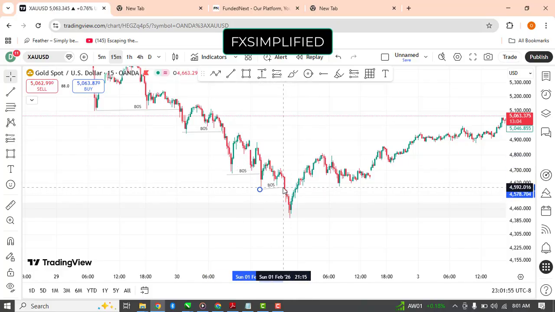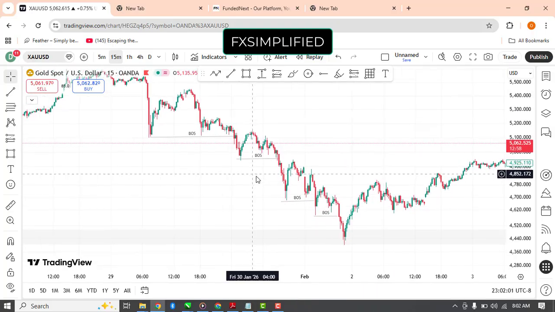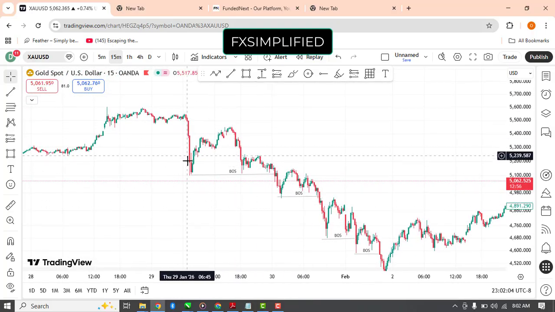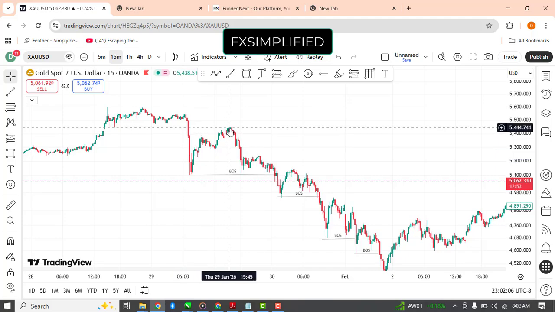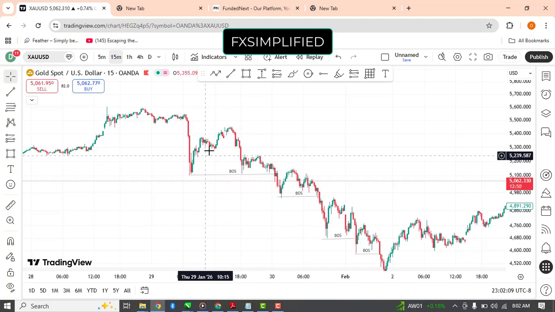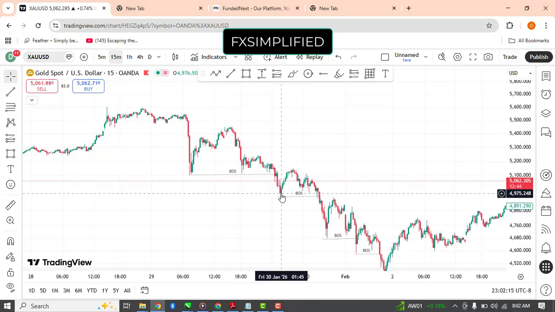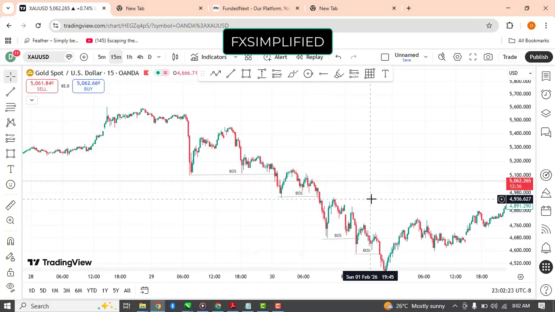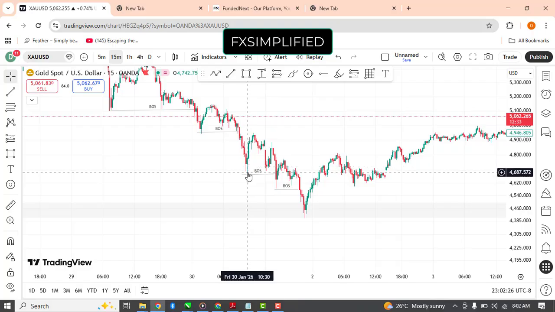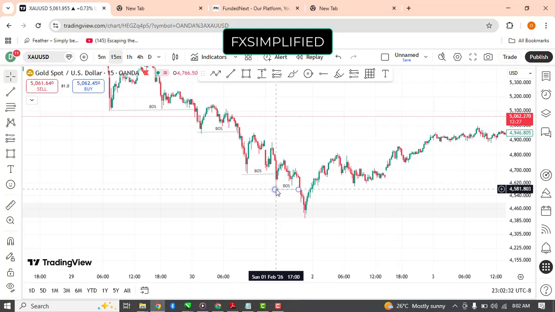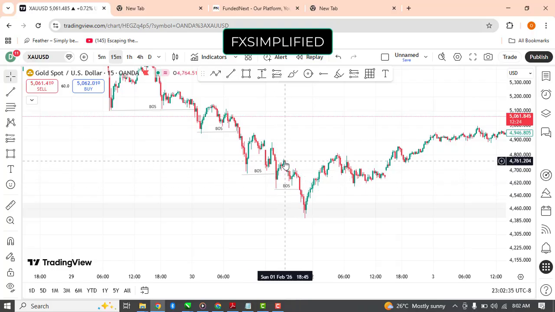What break of structure simply is: when price is creating break of structure to the downside, it means that we are having lower lows and lower highs. Price will be creating lower lows and lower highs when price is selling downward. The next lower low we have is this zone right here, then we have a lower high. Price broke through this previous lower low, creating another lower low right here, and it creates a lower high. Price continued to break through structure, creating another lower low and a new lower high.